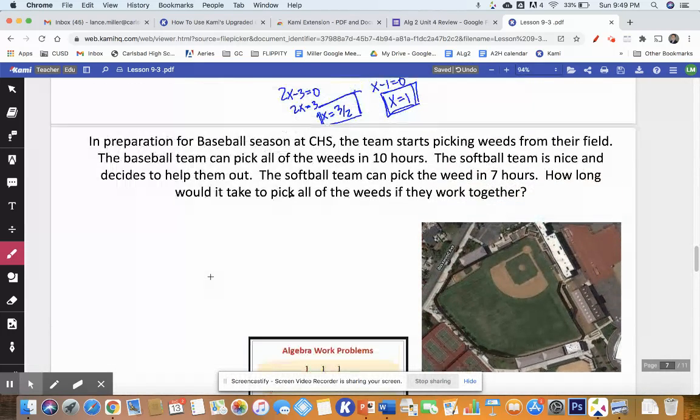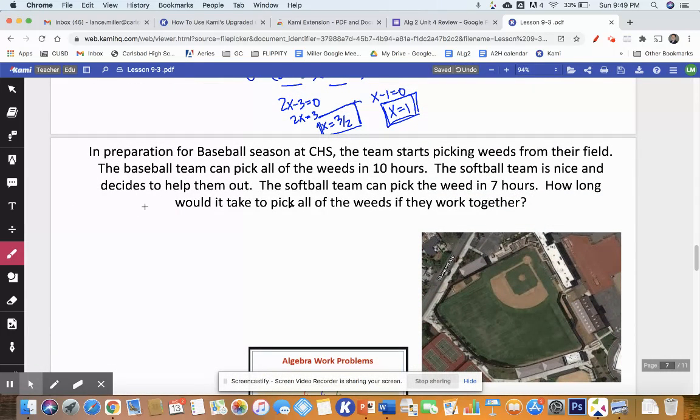All right, this is how I do it. Basically, the baseball team can pick one field in 10 hours. Okay, the softball team, right? They're doing it together, so we're adding them together. The softball team can do one field in 7 hours. How long would it take to pick one field? Well, so one field in 10 hours plus one field in 7 hours equals one field in X amount of